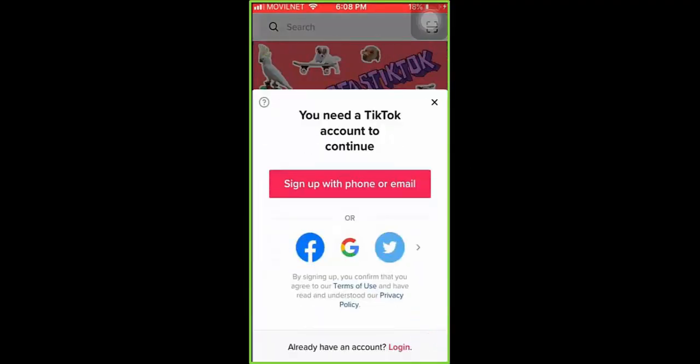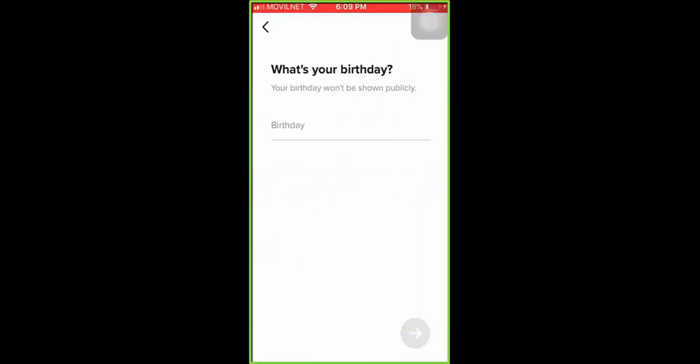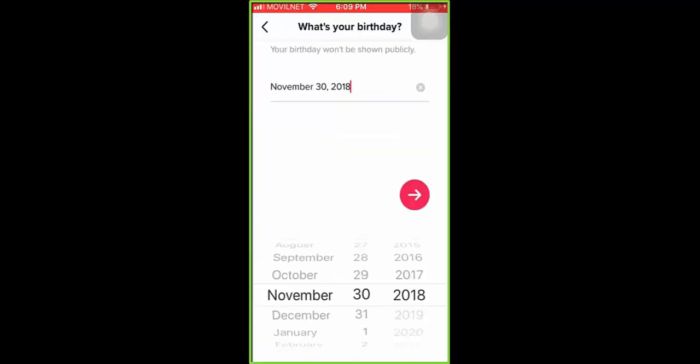Signing up for TikTok. To sign up, you just need to tap on the icon in the bottom of the screen and you will be prompted to sign up with a phone number, an email address, or with a profile from another platform such as Facebook, Google or Twitter. I'm going to sign up with an email address, so I tap on the sign up with a phone or email button. Next, I select my birthday using the date selection function on this page and then tap on to